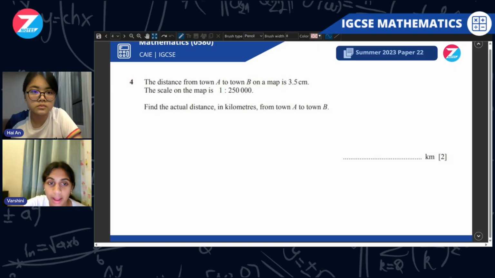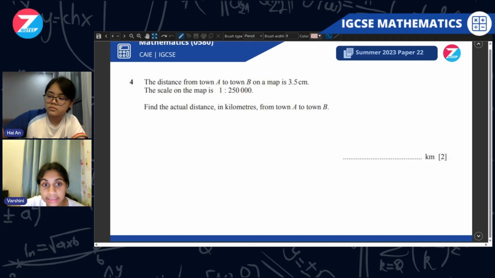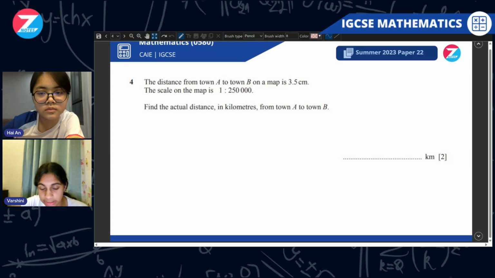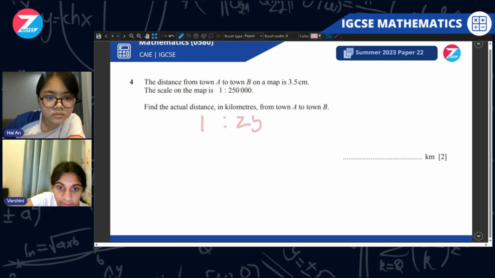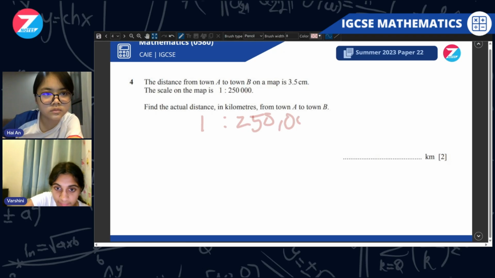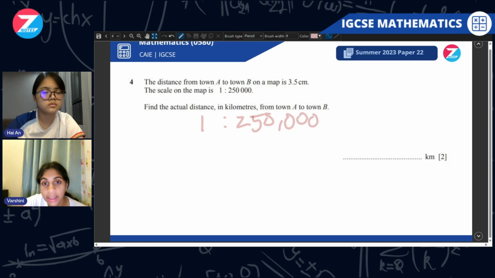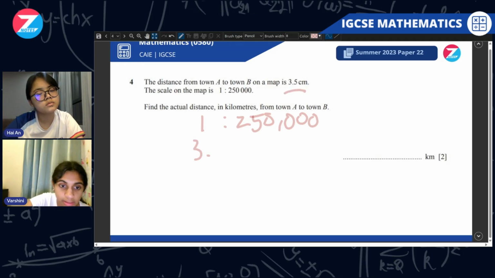Okay, so question 4. The distance from town A to town B on a map is 3.5 centimeters. The scale on the map is 1 to 250,000. Find the actual distance in kilometers from town A to town B. Firstly, we know that on the map, 1 centimeter is going to be 250,000 centimeters in real life. So we know that for 3.5 centimeters from A to B,